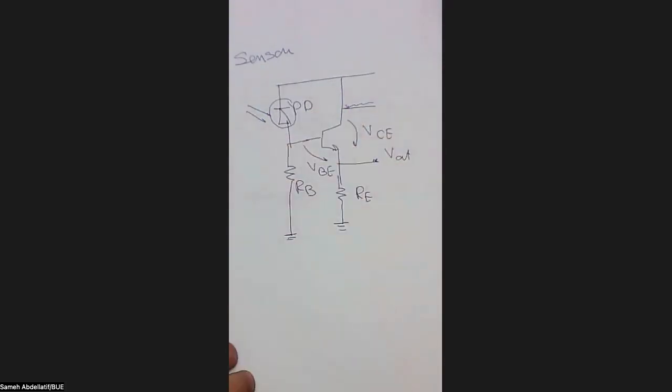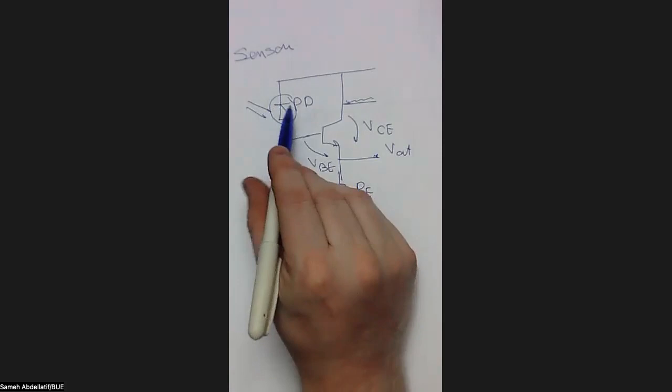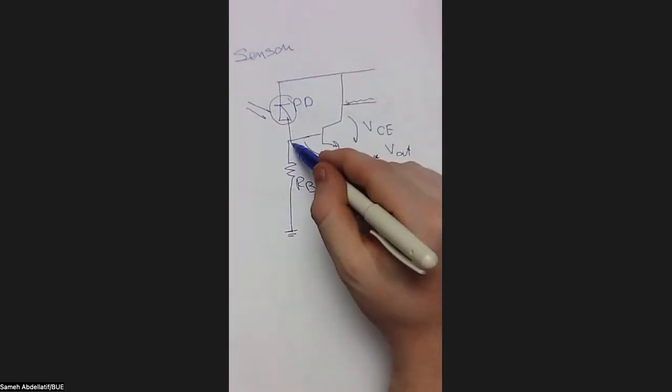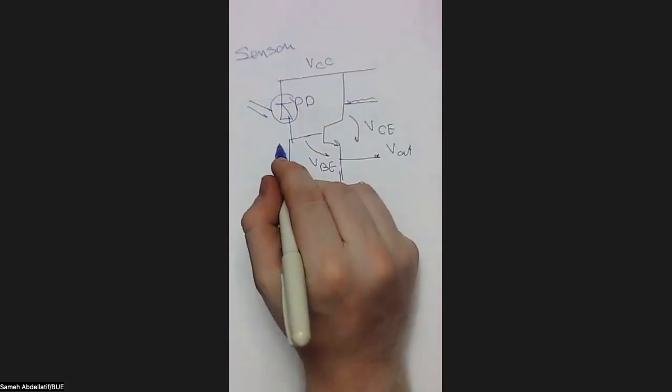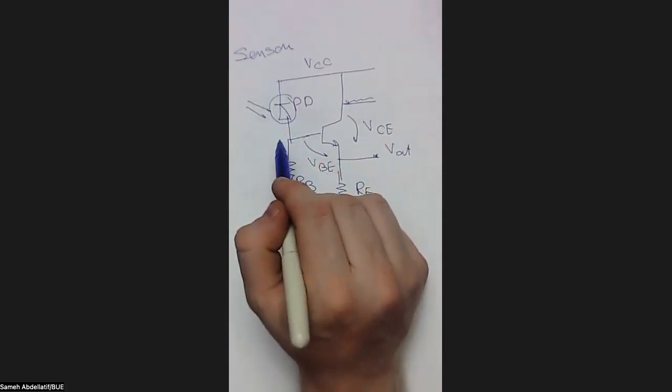Okay, so let's start to analyze this circuit together, beginning with the most critical point in this circuit, which is the photodiode itself. I think we already studied together in the first chapter when we considered light sensors the photodiode phenomenon, or how a p-n junction can act as a photodiode. And we recognized a very important observation: in photodiodes, in light sensors, current is conducted in the reverse direction. That's why our photodiode is connected in a reverse direction in terms of a forward junction, because basically the voltage here is greater than the voltage here. The voltage here is VCC, and the voltage here is definitely below VCC, because VCC is the highest voltage in the circuit. So the current direction is the reverse direction, and that's why